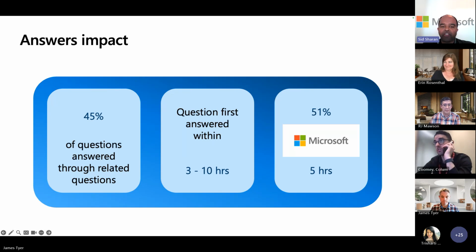So for this, we have a range because we didn't want to specifically say what the value is for one specific customer. The range is between 3 to 10 hours. For Microsoft, the average is approximately 5 hours, compared to the 3 to 10 hours we are seeing for our top customers. And similarly, for the percentage of questions which are answered related to questions, it's